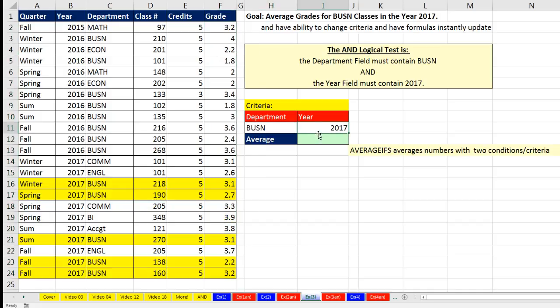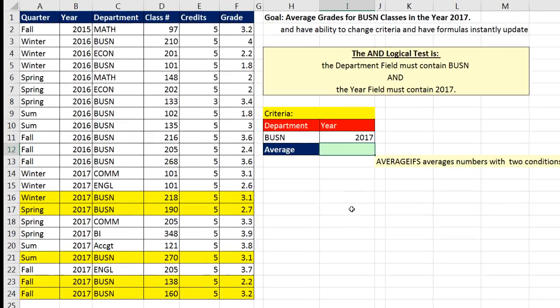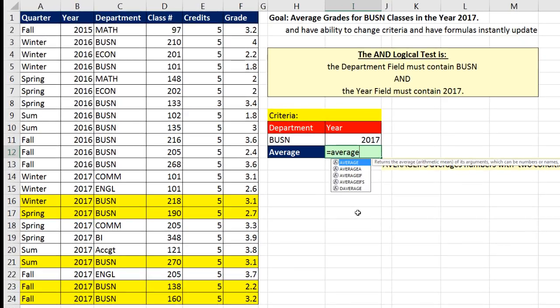There are our criteria or conditions. And instead of COUNTIFS or SUMIFS, we're going to use AVERAGEIFS for the first time, tab. Now, instead of saying sum range, it says average range. That's where the numbers go. So I'm going to highlight your grades,